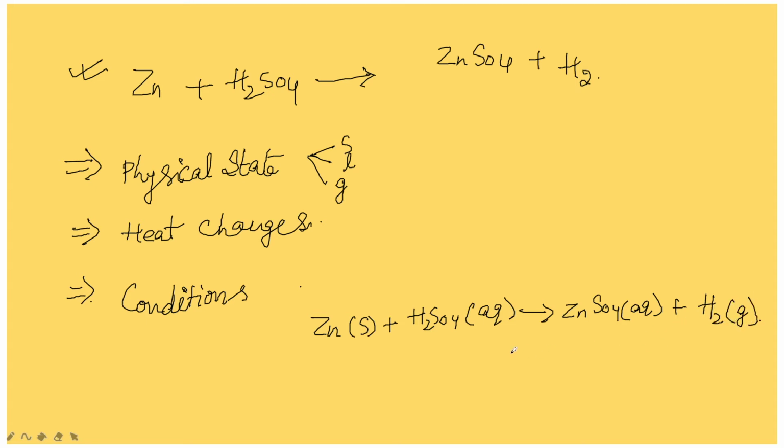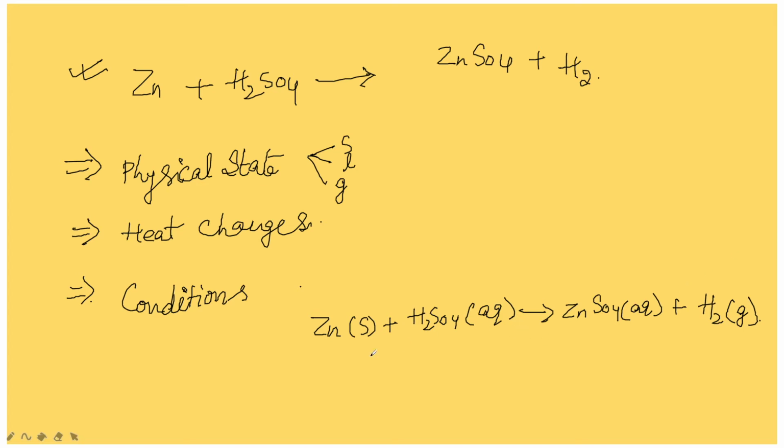So here it is giving complete information about the physical state of that particular element or acid which is used in the reaction. Understood? So zinc is in the form of solid, sulfuric acid is aqueous, ZnSO4 is aqueous, and hydrogen is a gas. In some cases, insoluble products are also formed. Yesterday in the reaction we saw a precipitate, the insoluble product which is formed is a solid substance. That is, the physical state is indicated in the equation as a symbol, solid only we will indicate there.